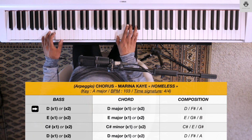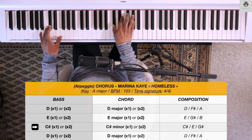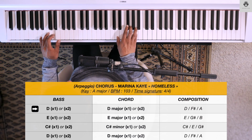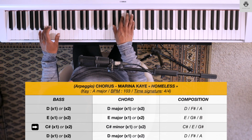In this bed where I rest, I am homeless. This house I know best, but I'm